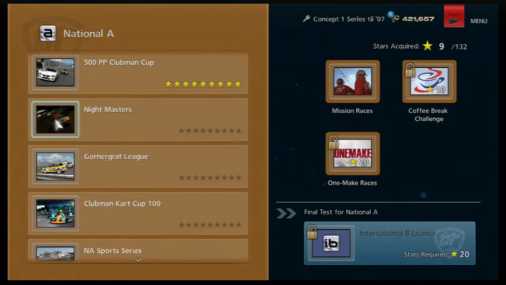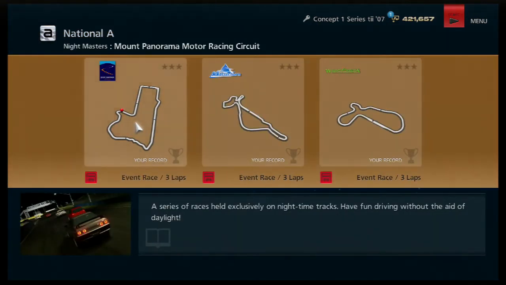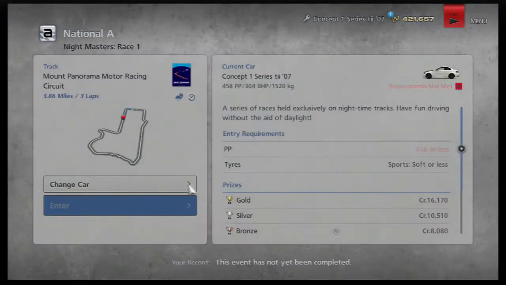You know what, we got time. Let's get the night races done. Here's the Night Masters. A series of races held exclusively on nighttime tracks. Have fun driving without the aid of daylight. The PP limit, though, is only 450, surprisingly. So,